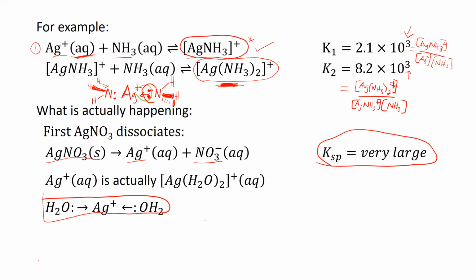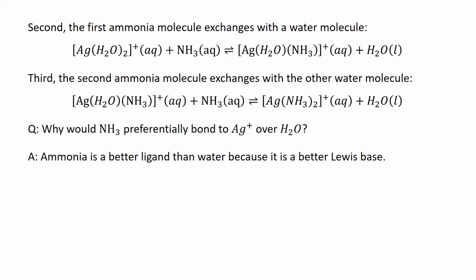But it'll form a coordinate covalent bond with the silver ion. So in a solution where you have silver ion that's aqueous, you have something more like this, and there are some subtle differences to that as well that we'll look at later. But the thing that's really going on with these formation constants isn't just that your silver ion is reacting with the ammonia. What's actually going on is you have this silver ion with water attached to it,